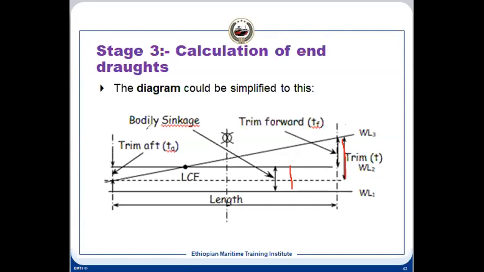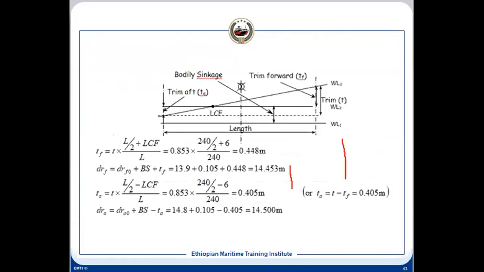And then we can calculate how much is the final draft. Once you draw, it will be very clear to you that you have not made any mistake. So this is the way it will be. Now, if we remove some mass, then what will happen? What will be your approach? And this is the way actually we got this 14.453 meter is the forward draft, aft draft is 14.500 meter. So that is the final draft after taking the ballast.